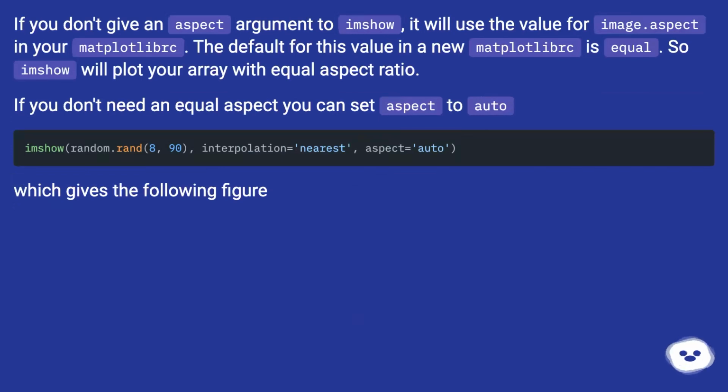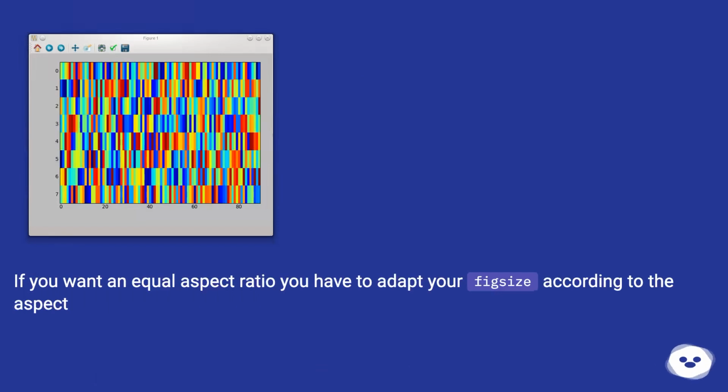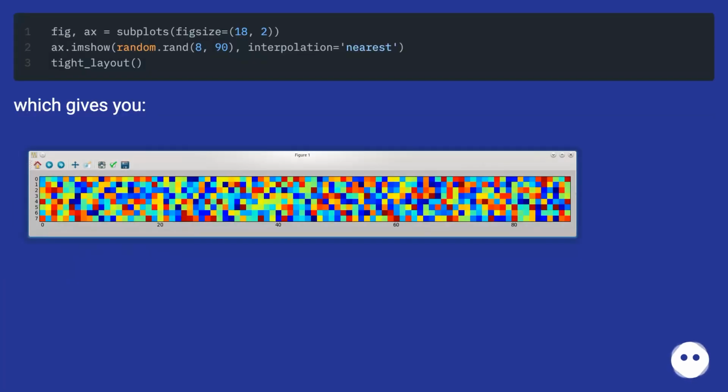If you don't give an aspect argument to imshow, it will use the value for image.aspect in your matplotlib. The default for this value in a new matplotlib is equal. So imshow will plot your array with equal aspect ratio. If you don't need an equal aspect, you can set aspect to auto, which gives the following figure. If you want an equal aspect ratio, you have to adapt your figsize according to the aspect, which gives you